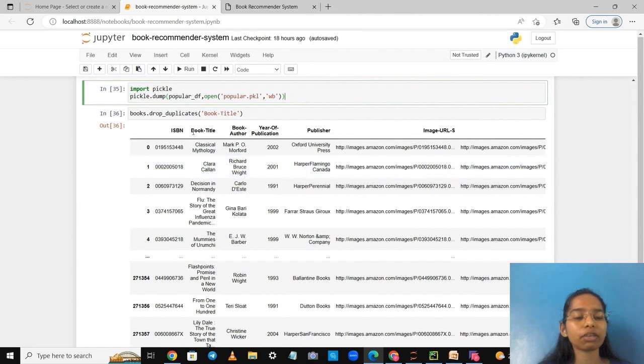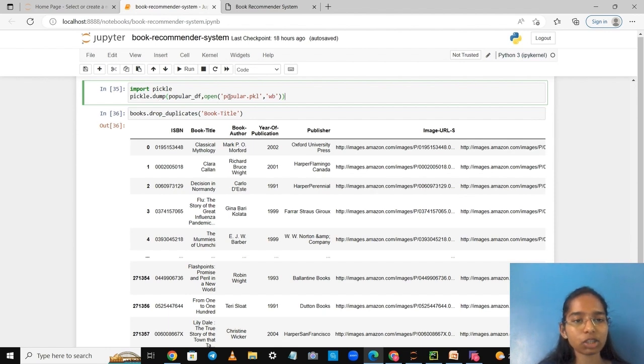For that we are going to import pickle. Pickle is a library which is used for exporting this data so we can use it in some other project. Pickle is a library which is used for serializing and deserializing Python objects, and pickle.dump will store the object's data into a file.